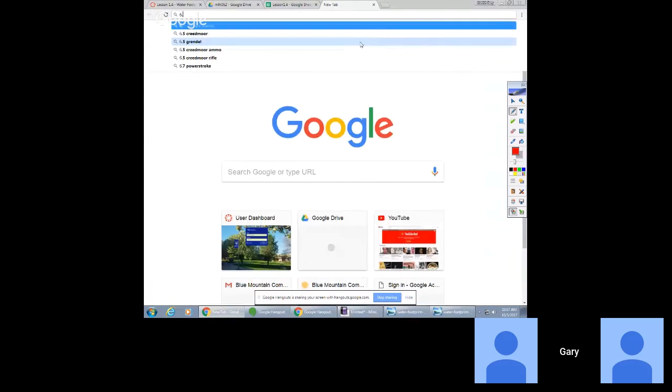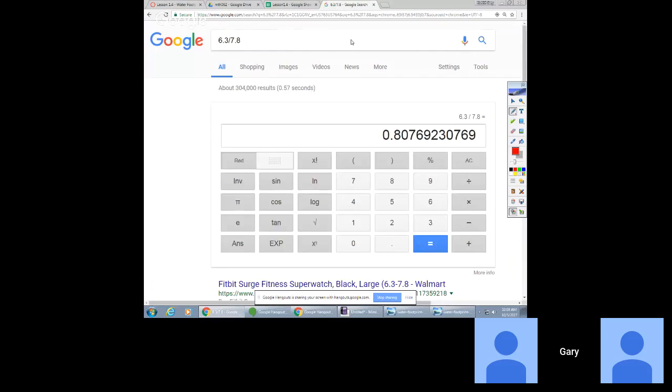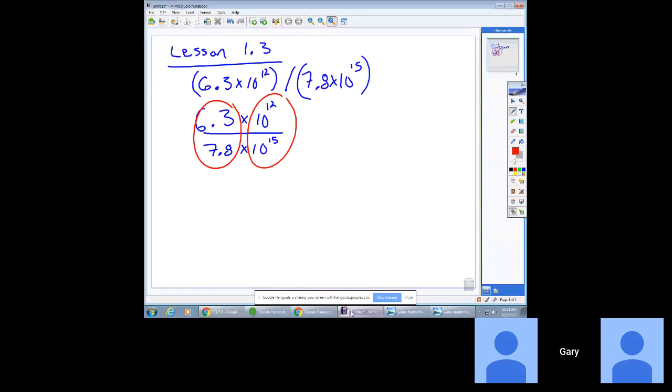So 6.3 divided by 7.8, type those right. My calculator says it's 0.807 blah, blah, blah. I'm going to grab the first 4 digits. I would round that 6 to a 7. So 0.8077, I'll call it for now. So I get about